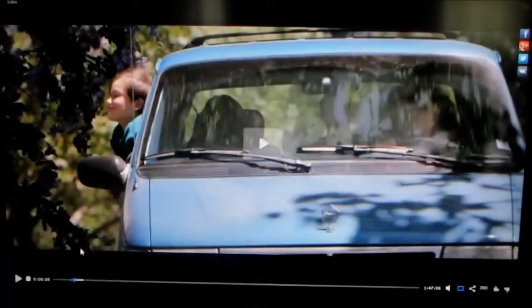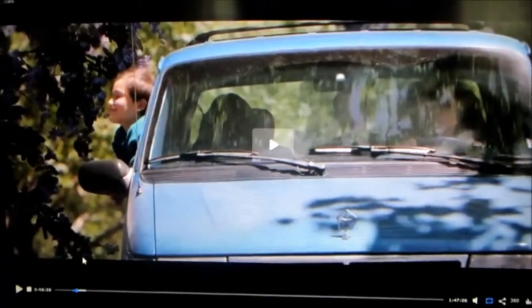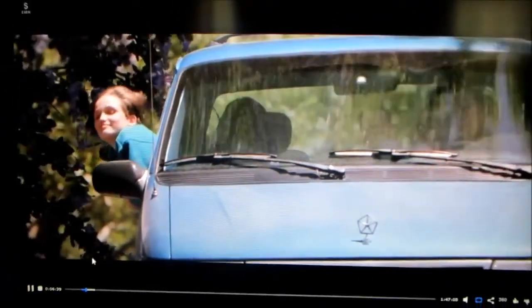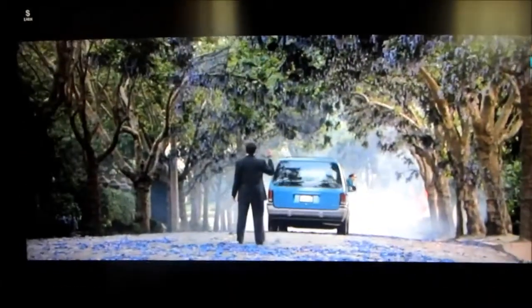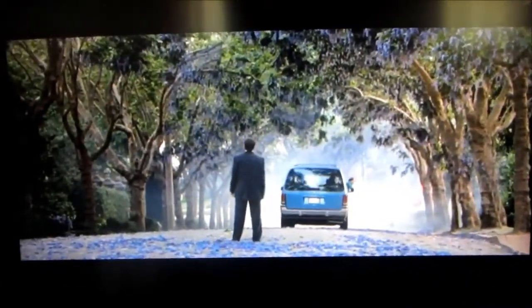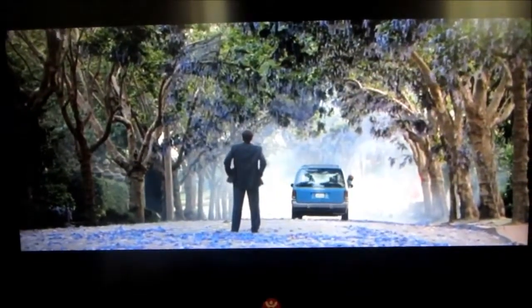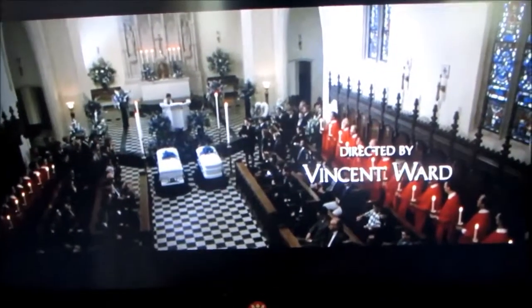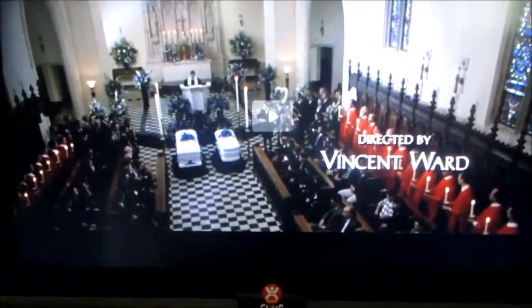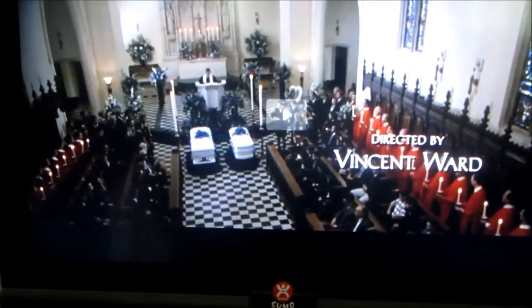So the first thing I want you to notice is the heliotrope flowers in the trees here. And this is before the death of that child that you see. And you see also the heliotrope flowers in the street. Last time Annie and I saw them alive. And of course here we have the checkerboard floors of the Illuminati as well.